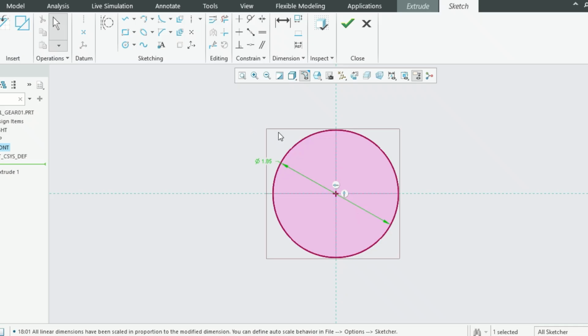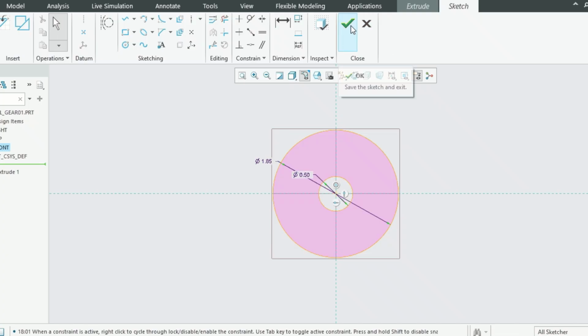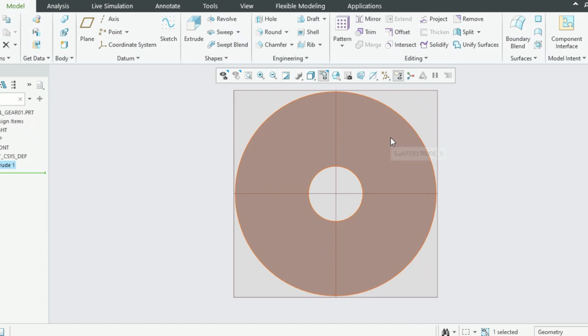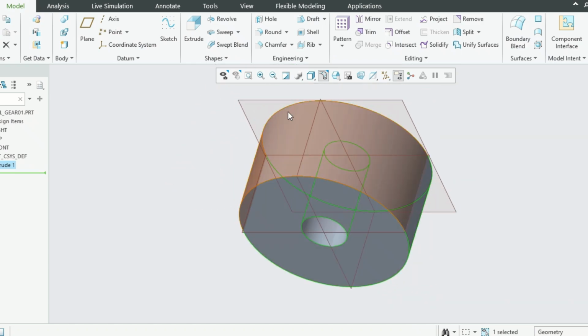And let's give the assembly at least half an inch. Let us extrude to 1.85. Okay, no problem. Let it be 1 inch there. Okay, leave it. This is our basic gear